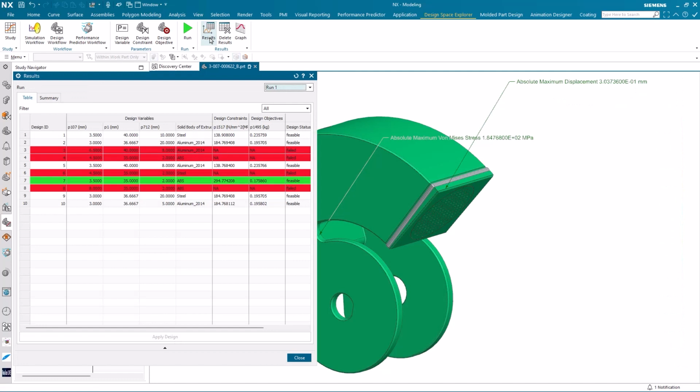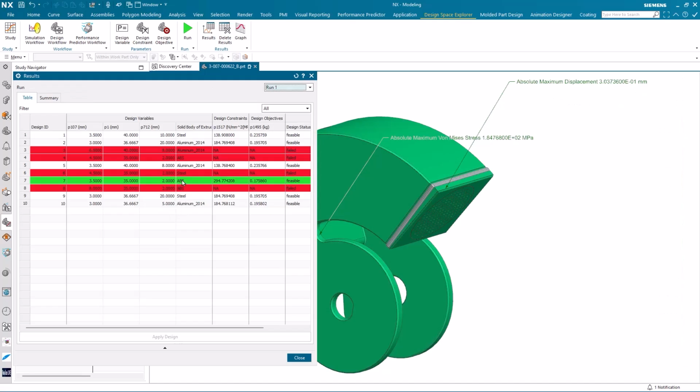We're now ready to look at the results of our design space study. The results of each iteration for our design can be seen in this table, with their feasibility visualized with a red, white, and green color system. The goal here is to make it as easy as possible for designers to see which iteration is the best option. For this design space study, we've generated 10 iterations.